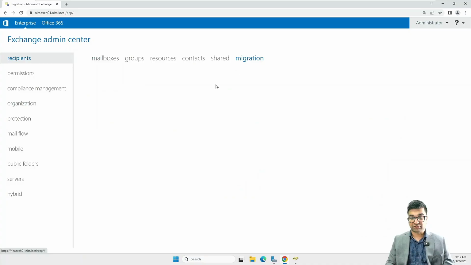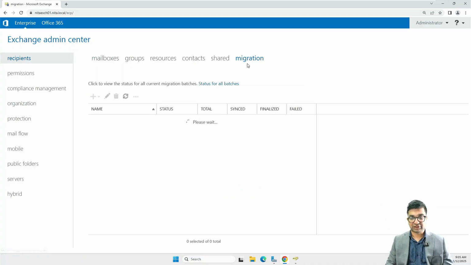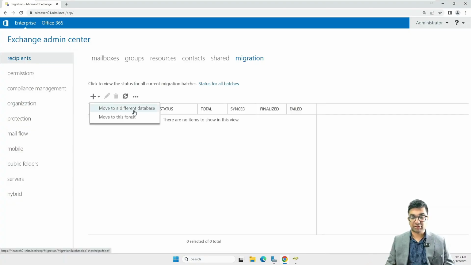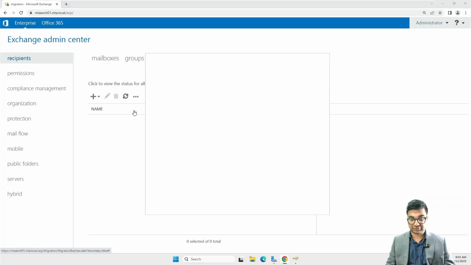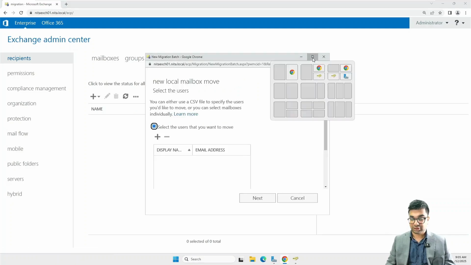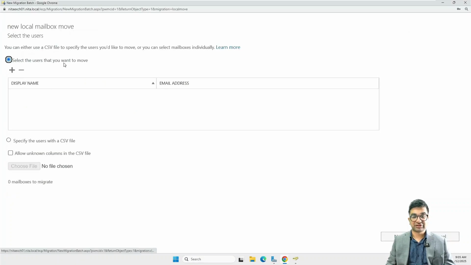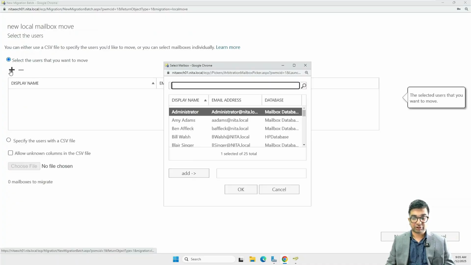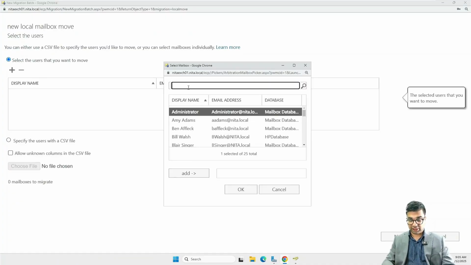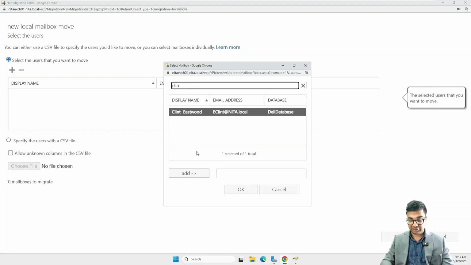So click on migration. Under recipients, click on migration. You see there is no migration here. So I'm going to click on new and select the option move to a different database. Now under this, I need to select the users that I need to move. So I'm going to click on add and I'm going to add Clint Eastwood,